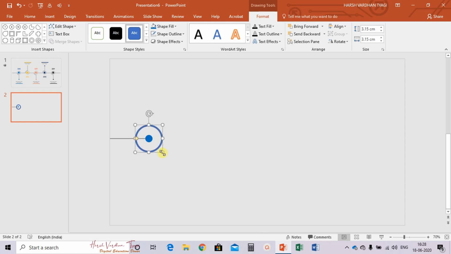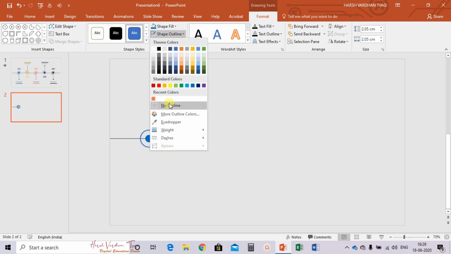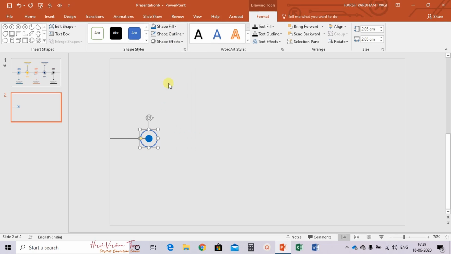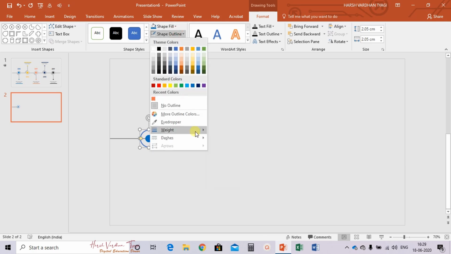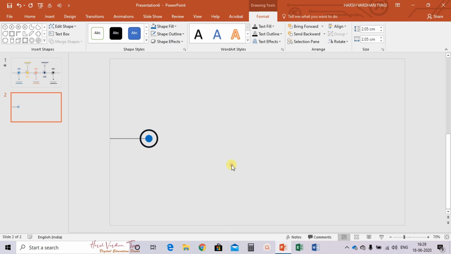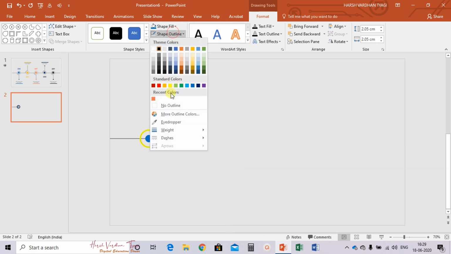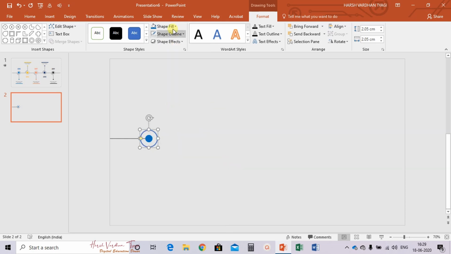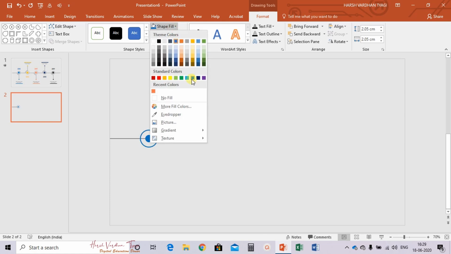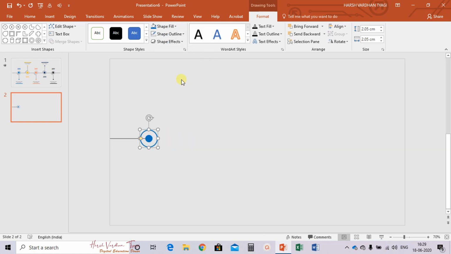Fine. Reduce the circle this much and again place it at the middle. Fine. Then go to shape outline, no outline, weight 2.5, and then fill color as blue only. Fine.